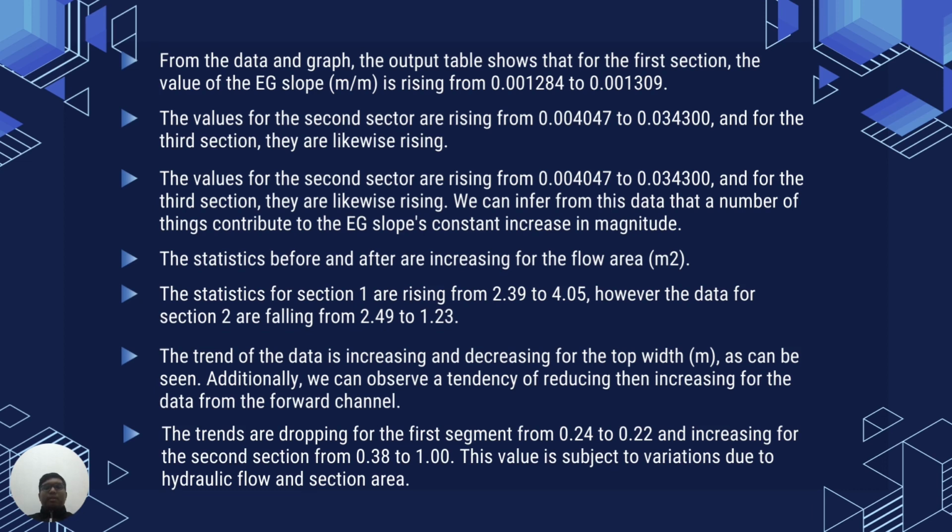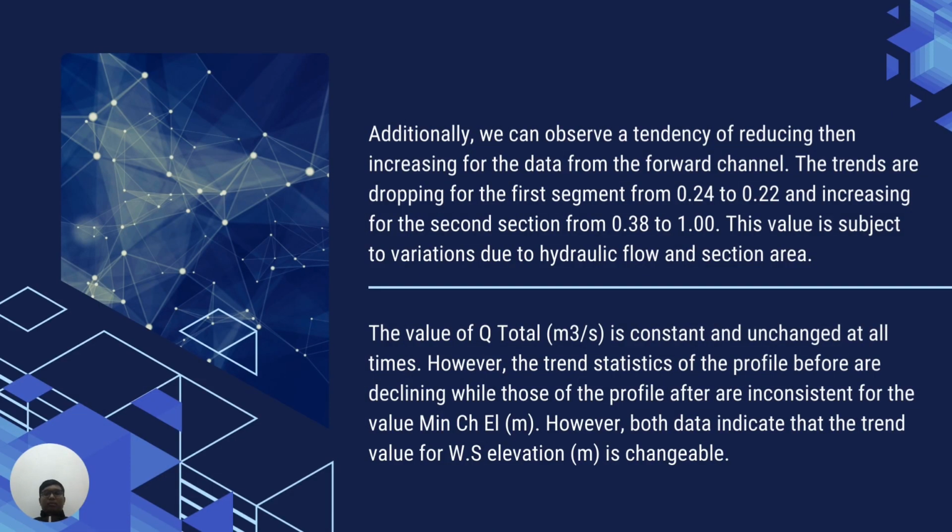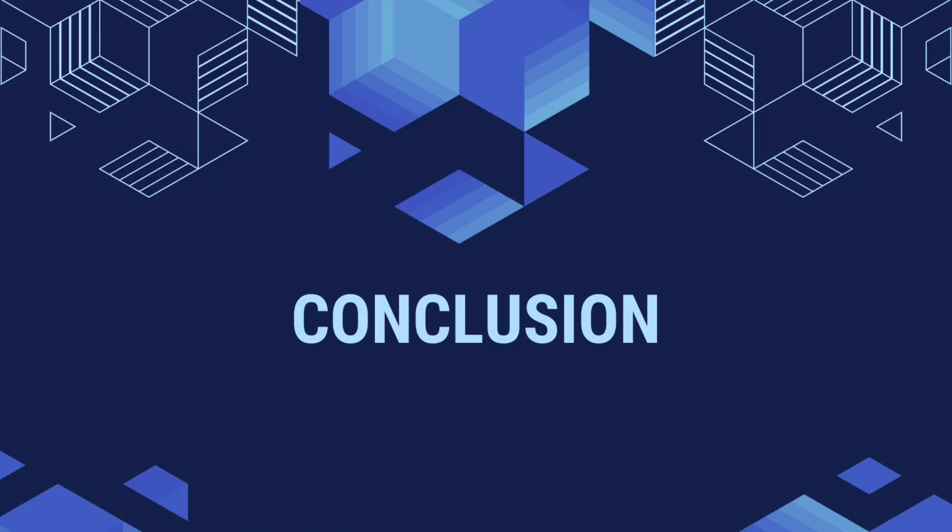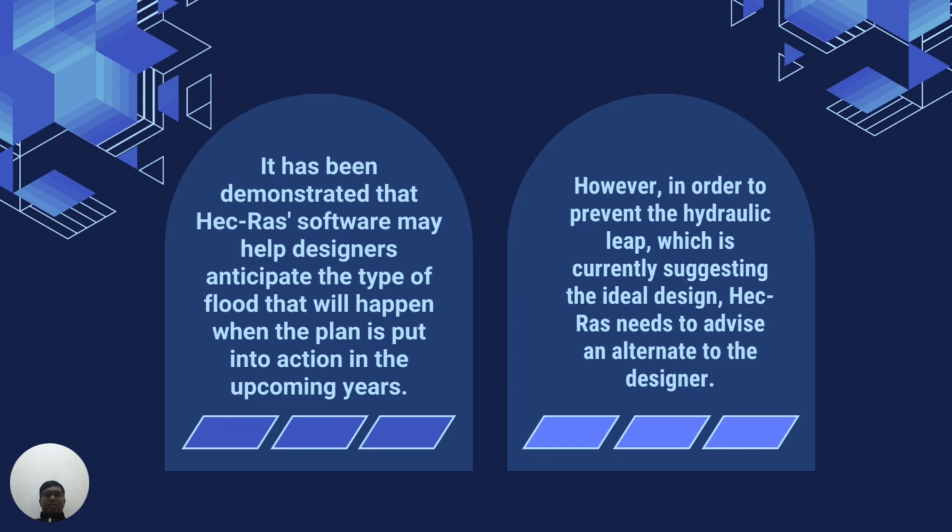The trends are dropping for the first segment from 0.24 to 0.22 and increasing for the second section from 0.38 to 1.00. This value is subject to variations due to hydraulic flow and section area. So, from the data, we can conclude the value that we get depends on the hydraulic flow and the section area. For the conclusion, it has been demonstrated that HEC-RAS software may help designers anticipate the type of flood that